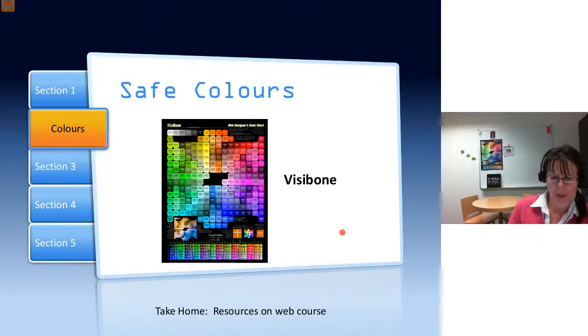Now, you don't have to take any notes from today. All the tools I'm going to show you are all listed on course number 21 on the iMoot. But you can see nice big glossy posters, and beside that at the back of my whiteboard, I also keep a copy of the Colour Contrast Analyzer and which colours I can safely use.